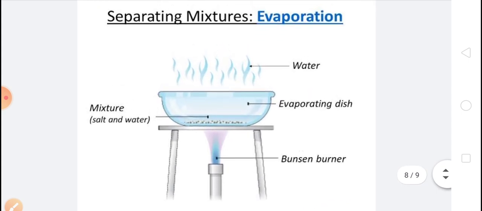Evaporation is the process of changing of water into vapors, and evaporation takes place continuously at all temperatures wherever water is present. Children, when a solid gets dissolved in water, boil the mixture till the water changes into vapor, leaving behind the solid particles. This method is commonly used to separate salt from seawater.